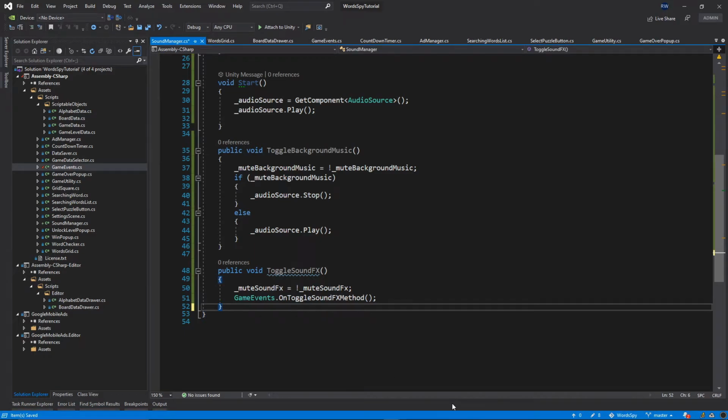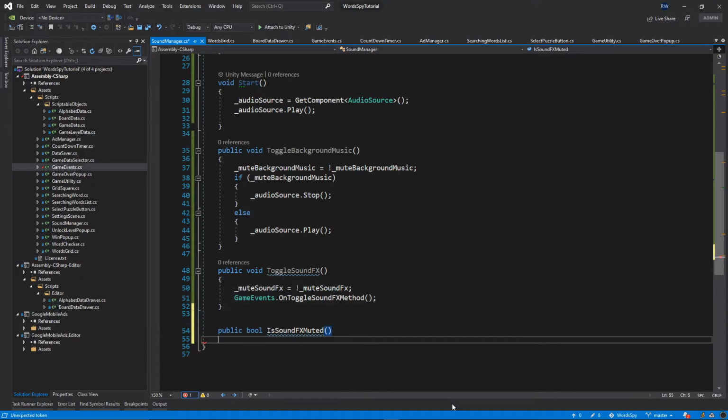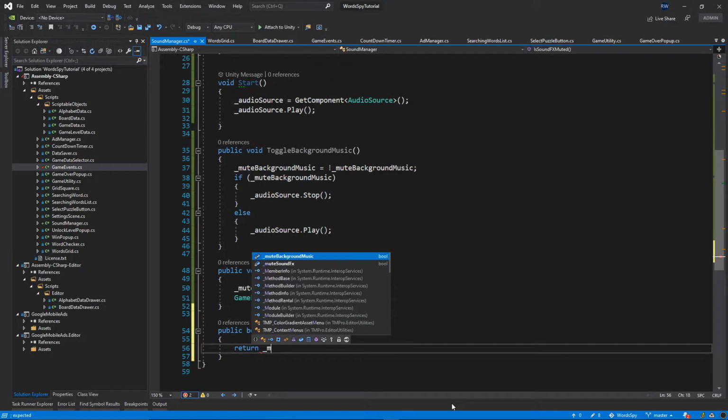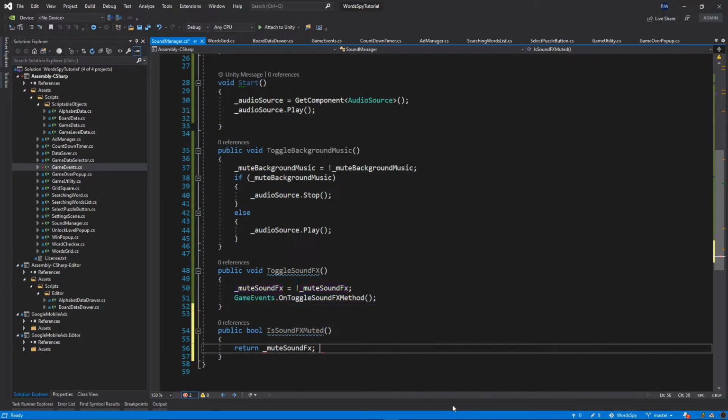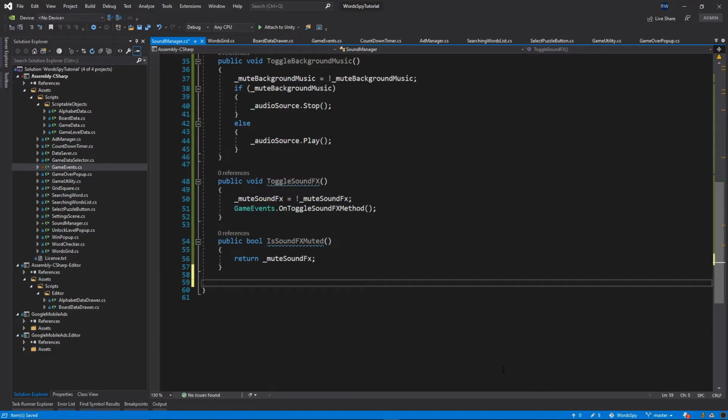Let's create some helper functions. So public bool is sound FX muted, and we want to just return mute sound effects. And then there is one more function which we want to actually make our volume be 0. So we don't want to stop the sound, we just want to make it silence, especially for the looping sound